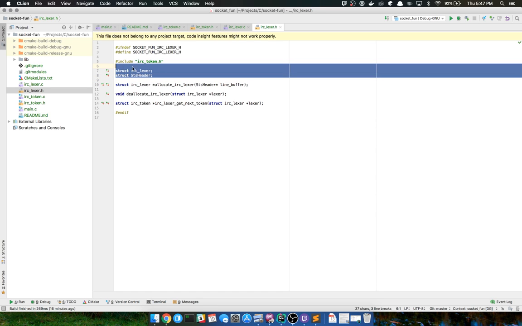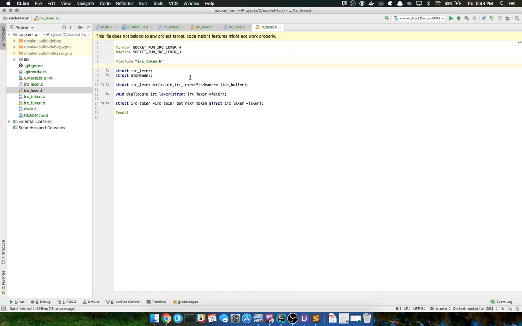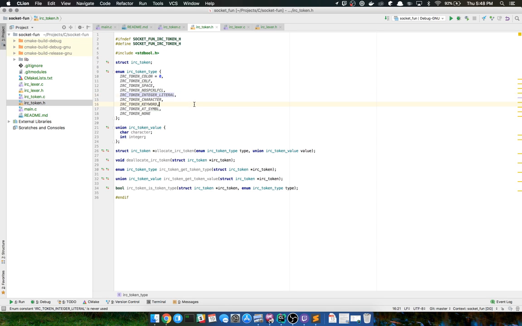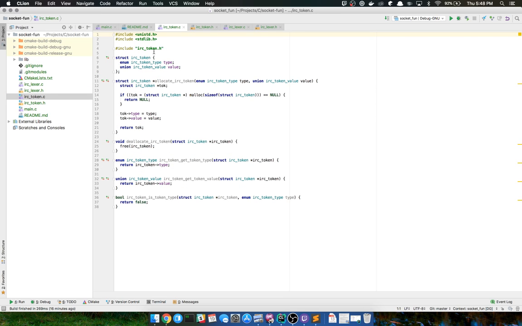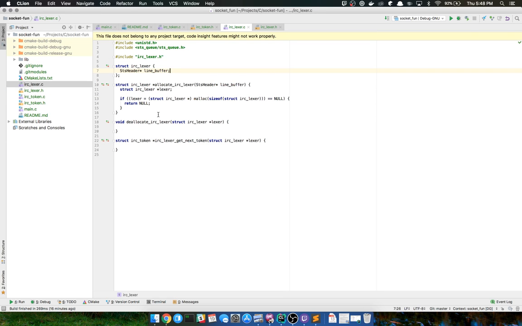Since this is all abstracted out, this header file has no other implementation detail of any other header file. So for all intents and purposes, whoever's using this header file just needs to have IRC token. That's like the only dependency here. Here I'm using the bool macro, so I've just created a dependency on this header file for that. But generally speaking, I like to keep my includes within the C files themselves.